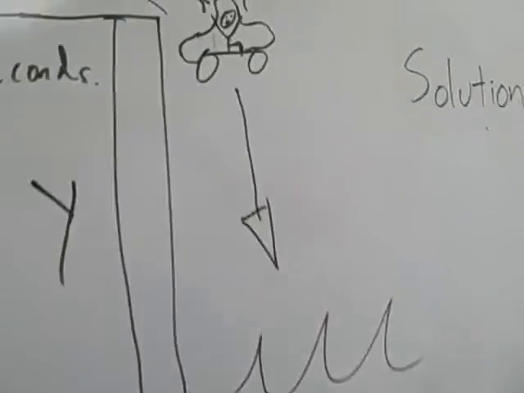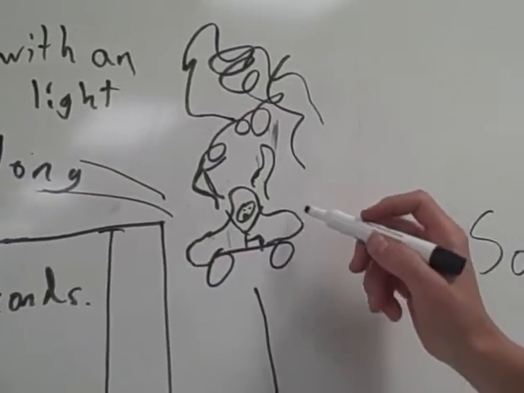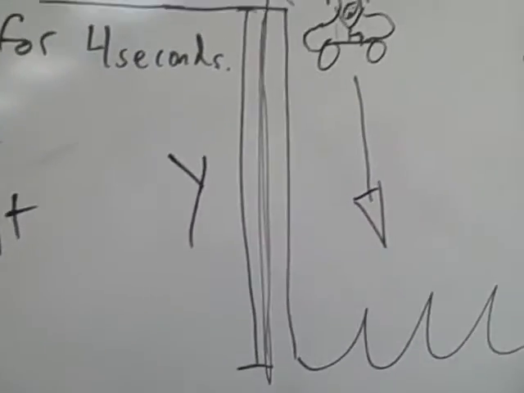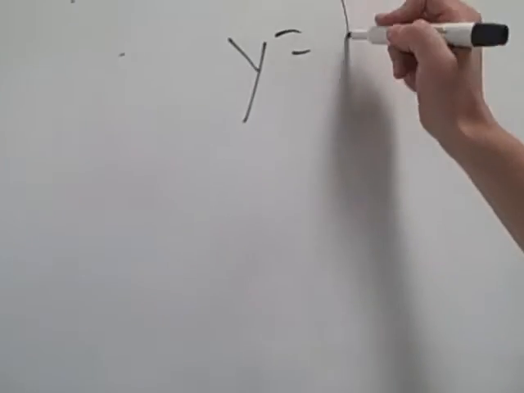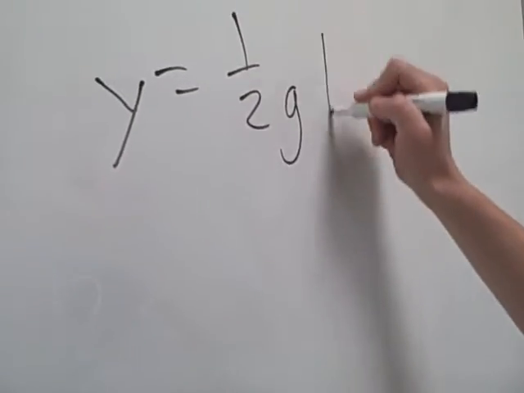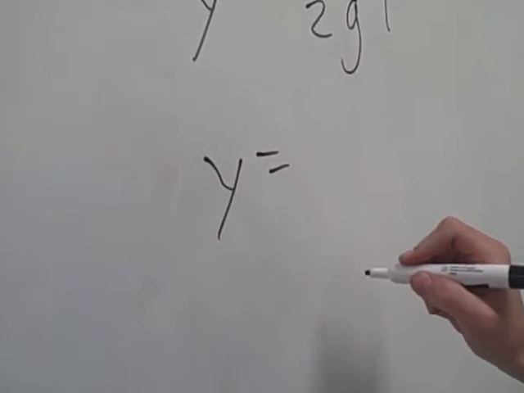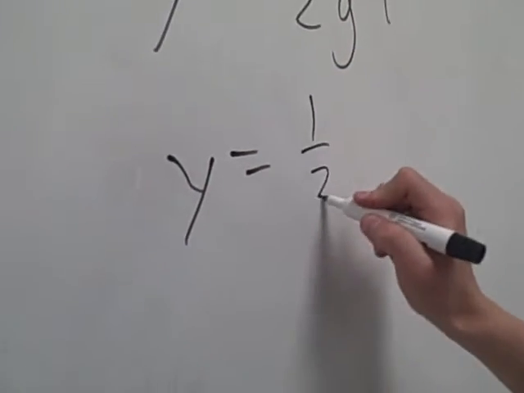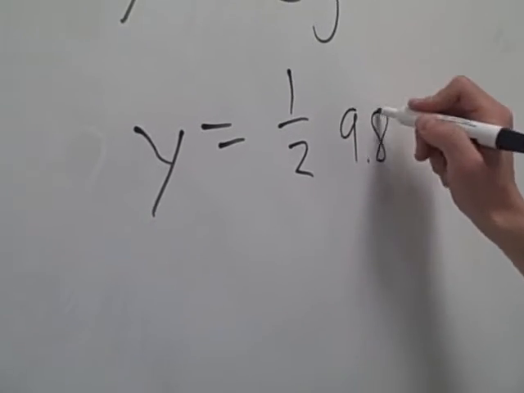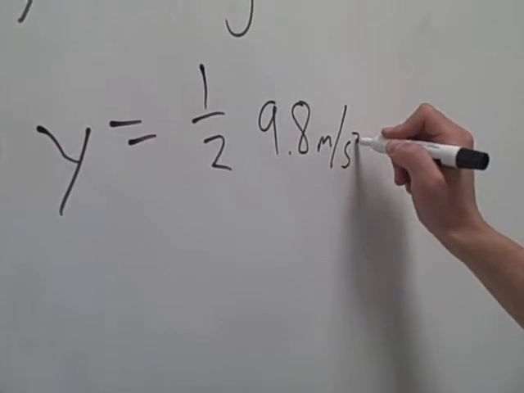So we can examine our little guy here falling, the flames and smoke. And he's going into the ocean. And we want to know this distance here. So to do this, I'm going to rewrite our equation: y equals 1/2 gt squared, and plug in our numbers with units. Remember units: 9.8 meters per second squared